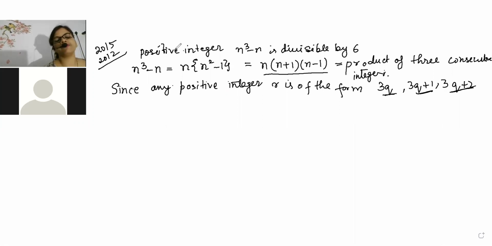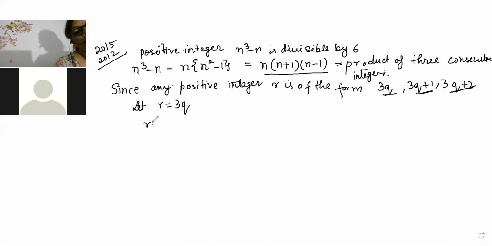So we have understood that part, that any positive integer r is of the form 3q, 3q plus 1 and 3q plus 2. Now what else we are going to do here is, one by one we will take r. So look here, beta, r can be written as 3q, r can be written as 3q plus 1, r can be written as 3q plus 2. So let's start with r. So let r is equal to 3q.